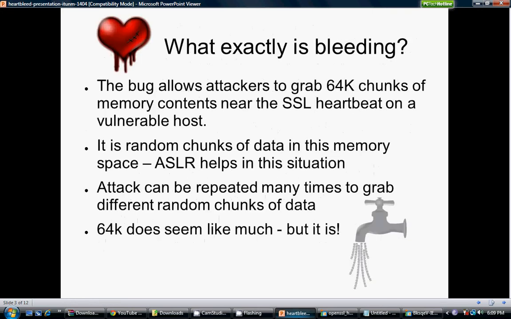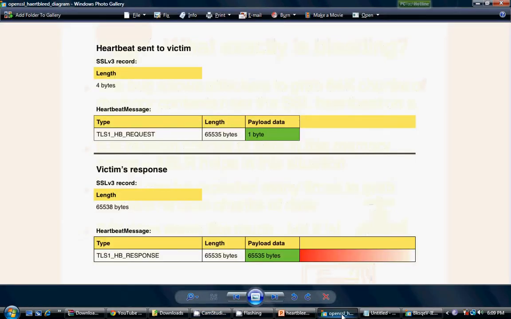So what exactly is bleeding? If you see the picture that I'm going to show you, this is a heartbeat packet that is sent to the victim with a payload of 4 bytes. Once the server receives this packet, a heartbeat message will be sent back to the client with a type, a length, and then the payload data. But if a malicious hacker crafts a special packet with a payload length of 65338 bytes, which is the maximum a packet can accommodate,